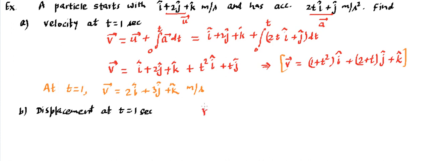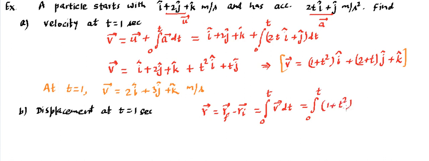Displacement, you can call it r, which is basically final position minus initial position. This is given as integration v dt, and that integration is going to run from 0 to t. So we are going to derive the general formula again, then finally we will place t equal to 1. This is the v we have calculated, and we need to simply perform that integration from 0 to t, and it's going to be 1 plus t square. It's a little bit lengthier, but the ideas are clear about what we are doing and how we are doing it.